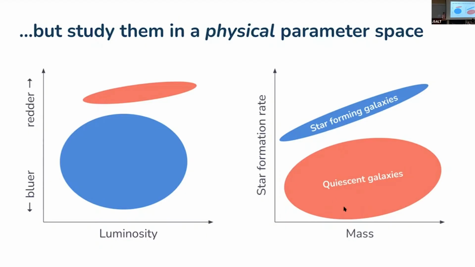The confusing thing, though, is that when we observe them, they're in this color and luminosity space, and it's really hard to untangle this pileup of things in this redder space. There's this red sequence of galaxies, but galaxies can't be arbitrarily red. They eventually only have old stars, and we call these red and dead galaxies. But there's a non-trivial mapping between the observed parameters and the physical parameters. That's the only point I'm trying to make here.